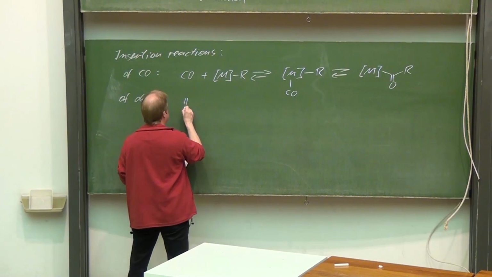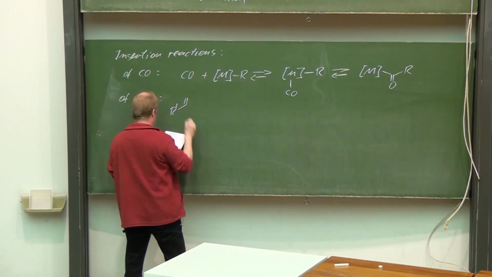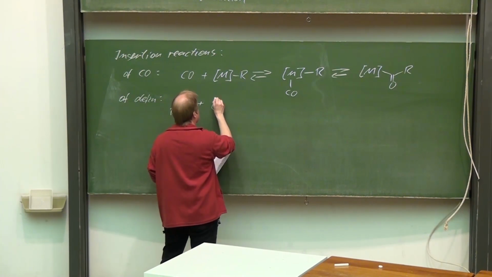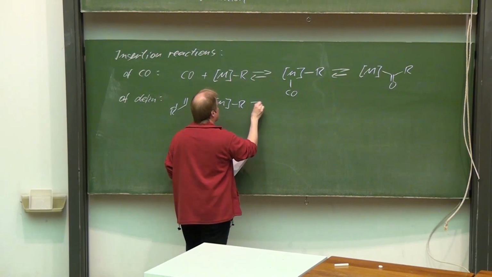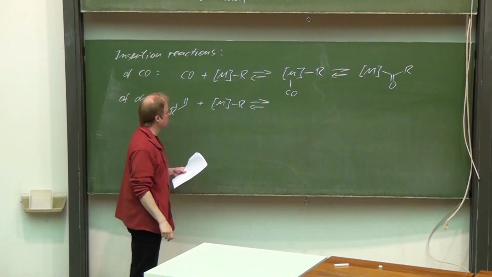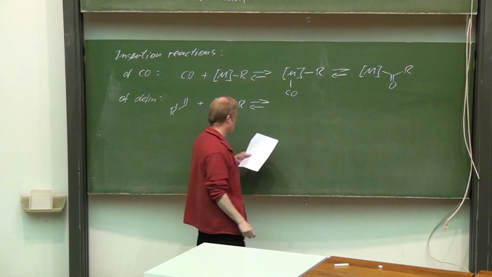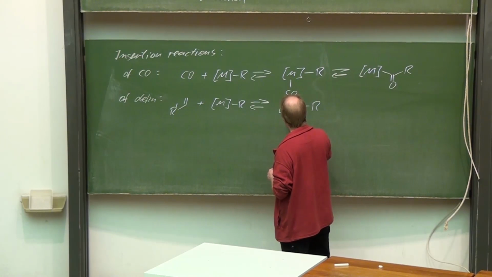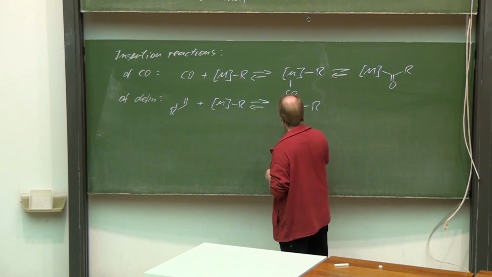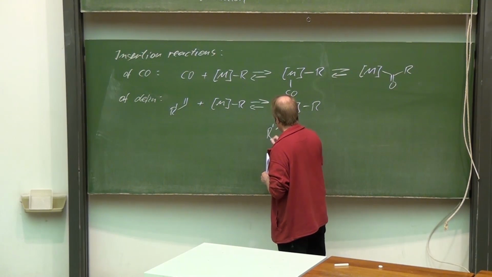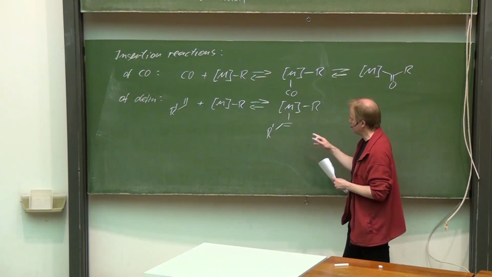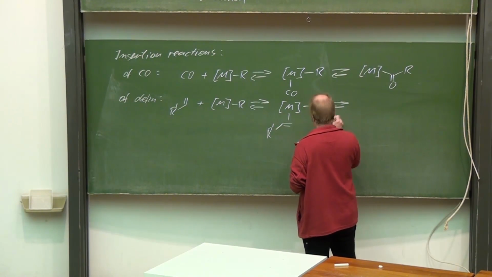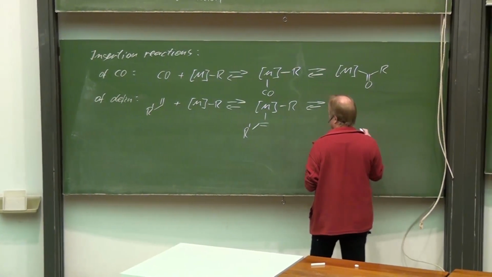So, an olefin plus, again, such a complex with a substituent R. You see the mechanism is in principle all the same. The olefin is coordinated at the metal, and the insertion reaction takes place